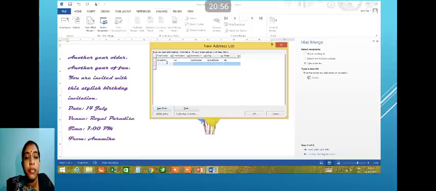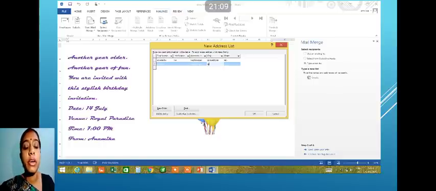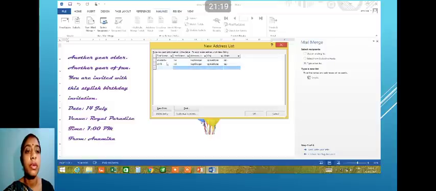Clear? One by one you have to type. I'm just giving you the example for it. It's completely your requirement, whatever you want. I think it's very clear.